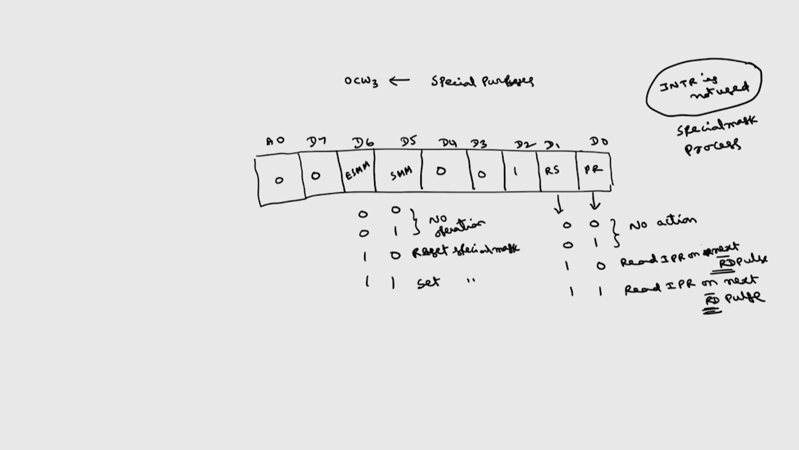This is about the OCW3, but the OCW3 will be rarely used in normal applications. So these are about the three operational command words of 8259. We have discussed the initialization command words and then the operational command words. The initialization command words, as the name implies, are used for initializing the 8259s, and the operational command words decide which ISR bit is to be reset and how the end of interrupt operation will take place. So I will take one example of how the ICWs and OCWs will be formed for given specifications,